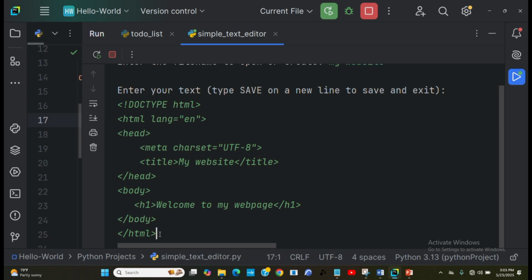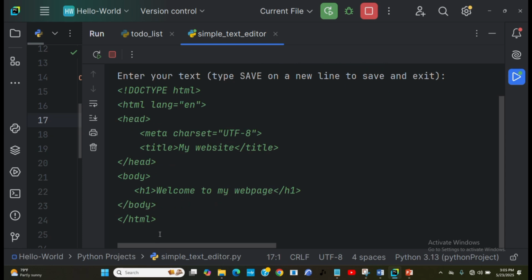And when I'm done writing everything, what should I do? I should type what, in a new line? On a new line, you should type save, and the save should be in caps lock. Once the text editor encounters the save,